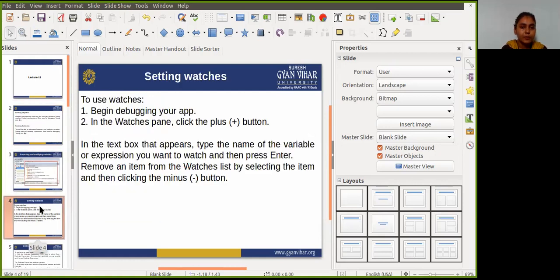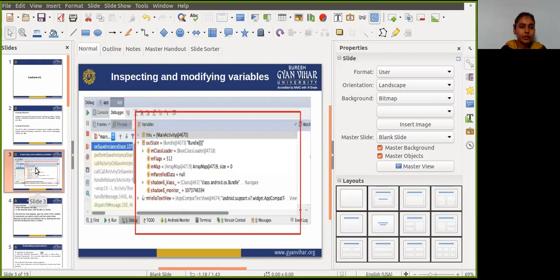So first, let's start with inspecting and modifying variables. The variables view of the debugger window allows you to inspect the variables available at the current stack frame.